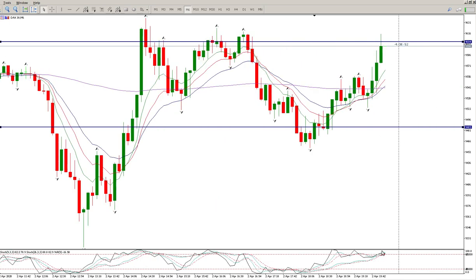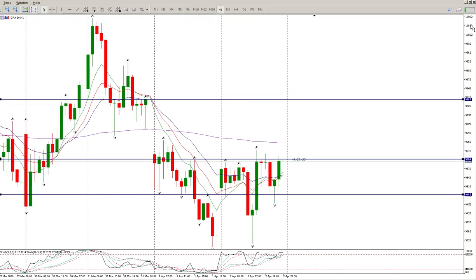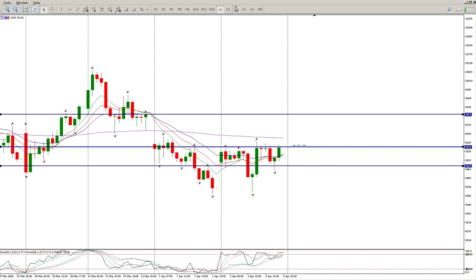Okay, so oscillators are also, if you look at it on the 6-minute right now, grouped to the upside, bit of divergence brewing as well. So it would not surprise me to see the gap down, which is what it's looking like it's going to happen. And then what we want to do,